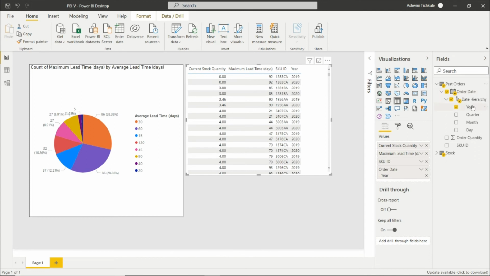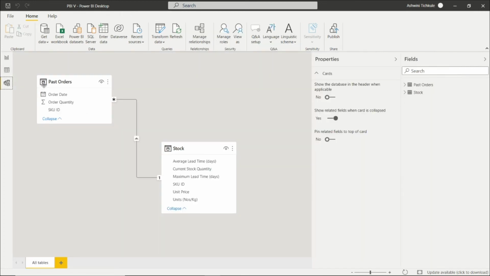The year we have taken from the past orders sheet, and the other fields from the stock table. So we created the relationship here in the modeling tab.